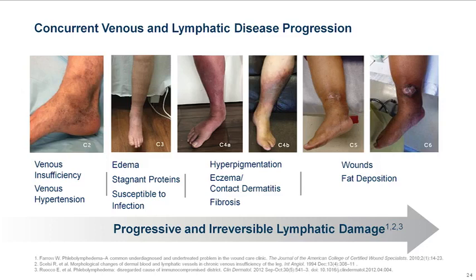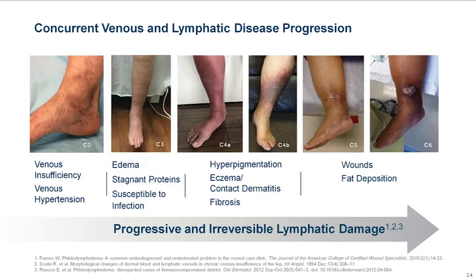In C5, we recognize a healed ulceration, and C6 is a current active venous leg ulceration. The importance of recognizing phlebolymphedema existence within the C3 to C6 patients allows improved patient outcomes when appropriate treatment of